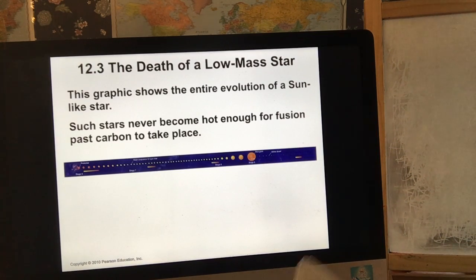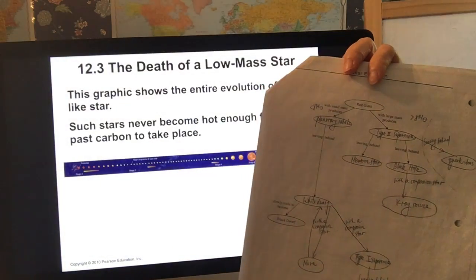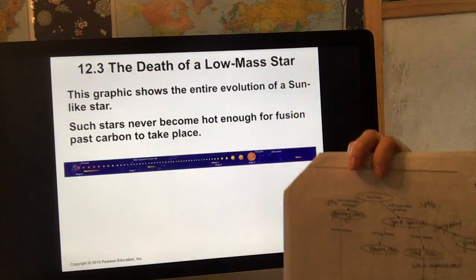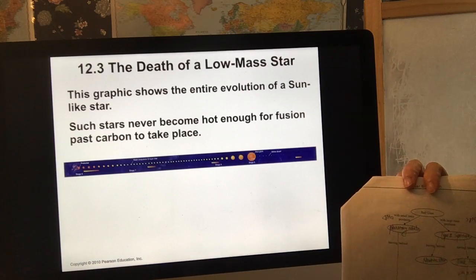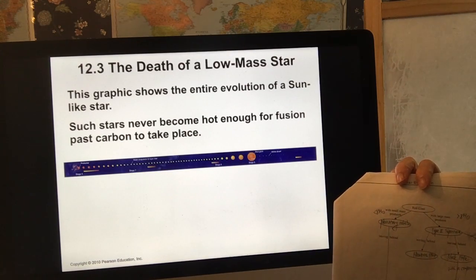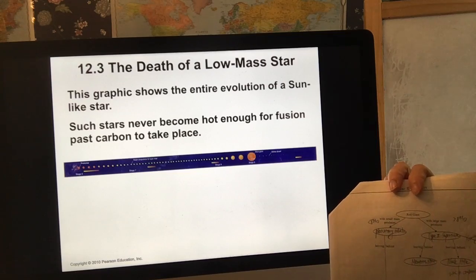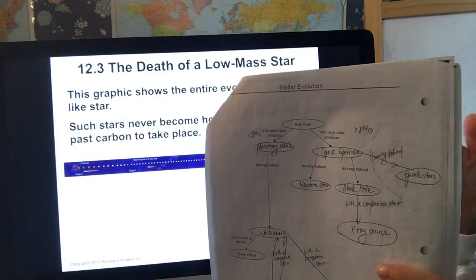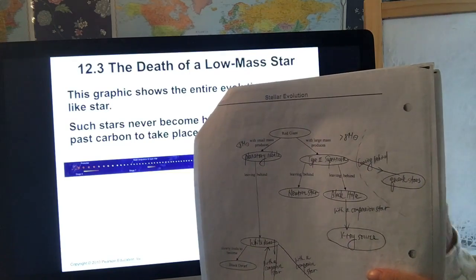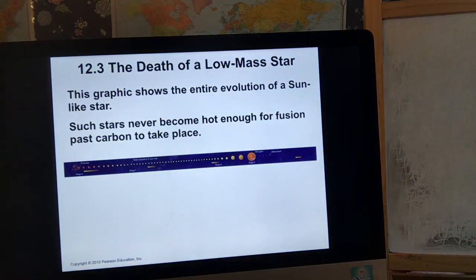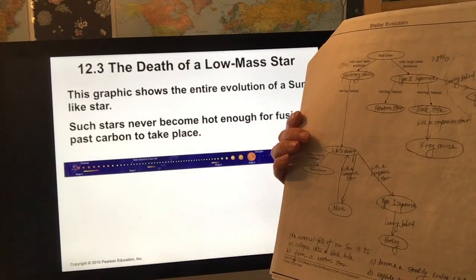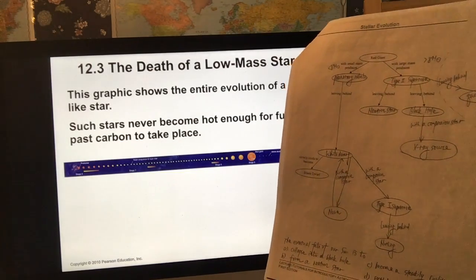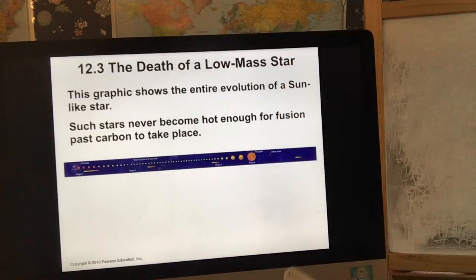So the major thing you need to know about stellar evolution from this tutorial exercise is that you just have to pay attention to the mass of the star, as well as whether the star has a companion star or not. Based on those two factors, you can decide which path the star is going to die along. Okay. You need to know this diagram pretty well, because, as I said, all the questions about stellar evolution will come from this tutorial exercise.